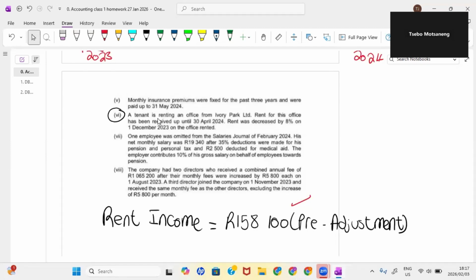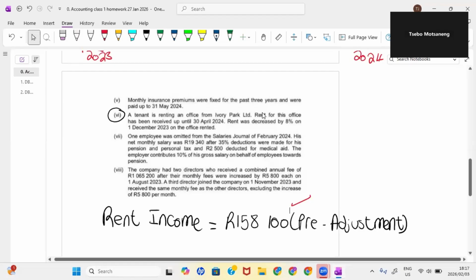A tenant is renting an office from Ivory Park Limited. Rent for this office has been received up to 30 April 2024. Rent was decreased by 8% on 1 December 2023 on the office rented. Okay. So guys, as we can see here,